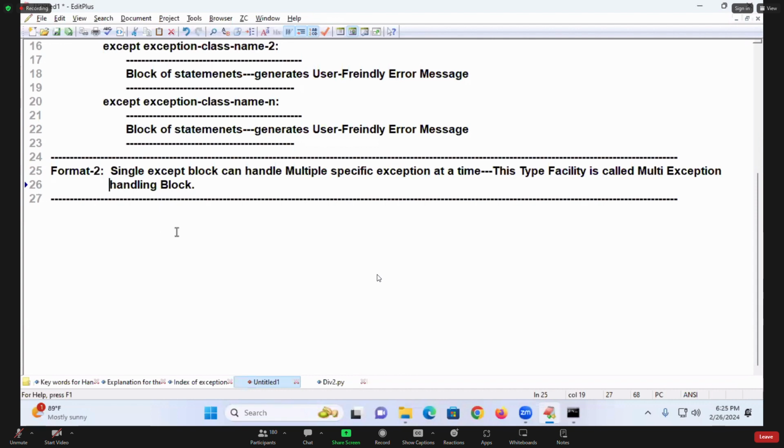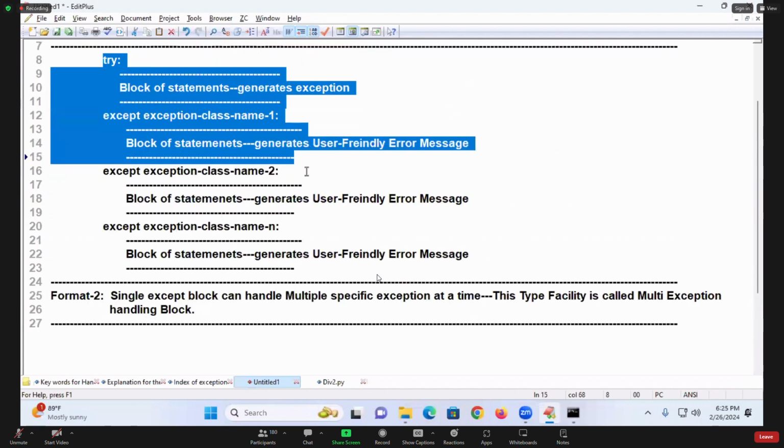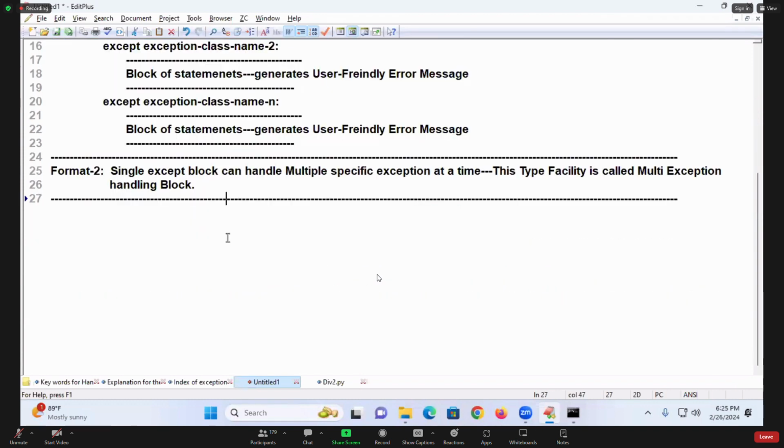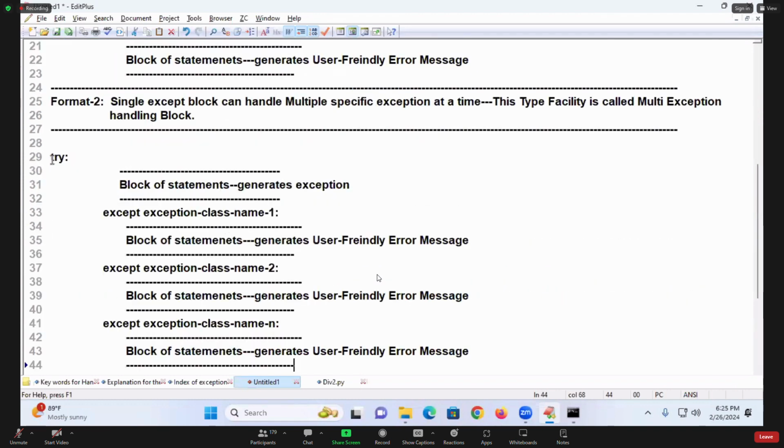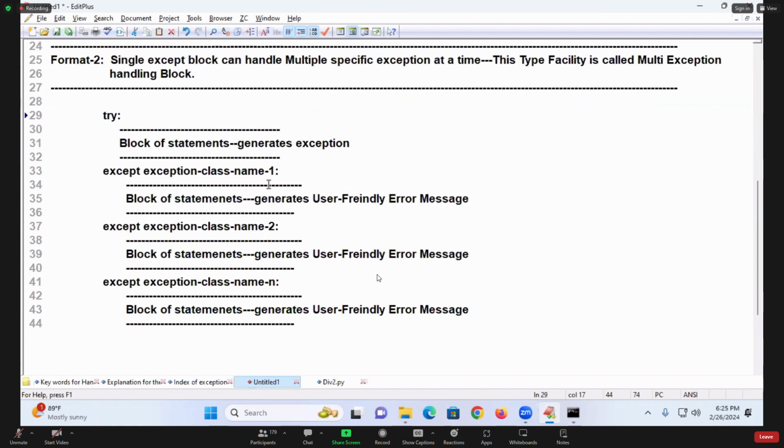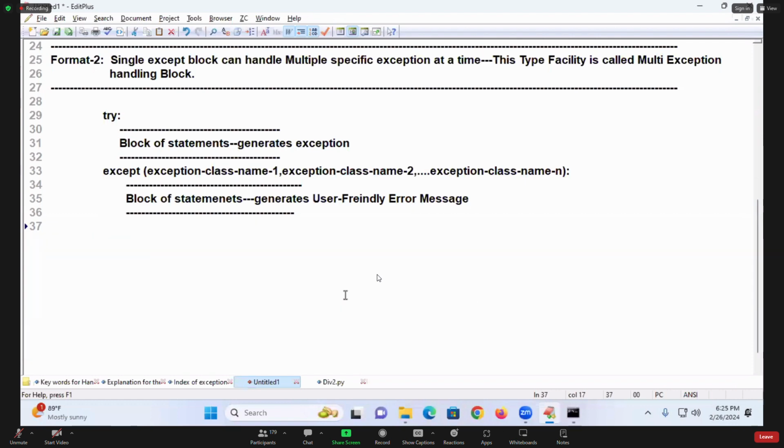Sir, how to deal with that? Very, very simple. Same thing you try to carry. Here I'm writing exception class name 1, exception class name 2, you are writing in the form of a tuple, comma, exception class name n. And we don't write this entire block of statements separately. With one single except block, we can write all of them here. Block of statements